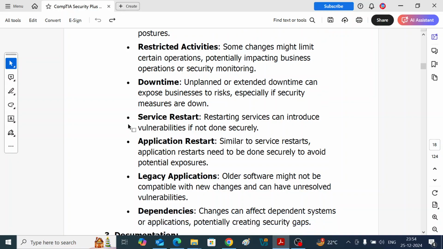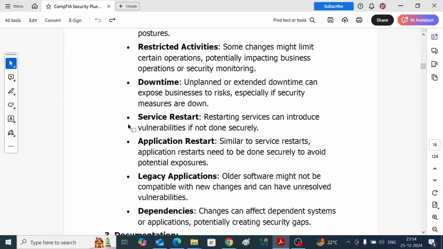Service restart. Restarting services can introduce vulnerabilities if not done securely. Again, SOPs come into place. Like, a service has to restart. You stopped a service, now you want to restart a sales application that has gone through an upgrade, has gone through change. You stopped that application for some time, now you're restarting that application,